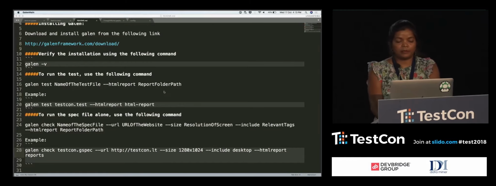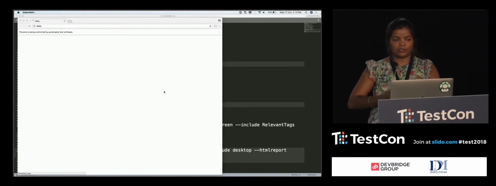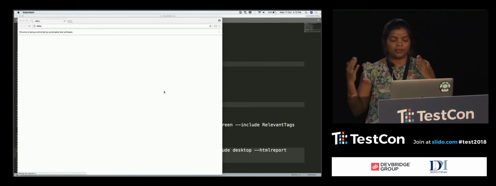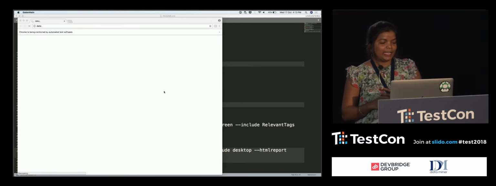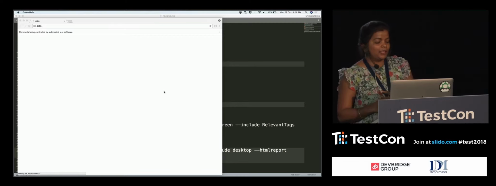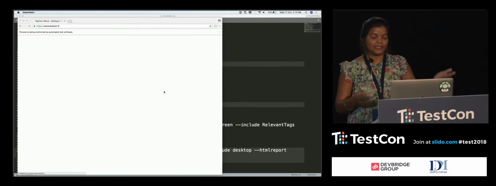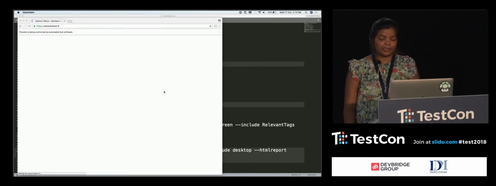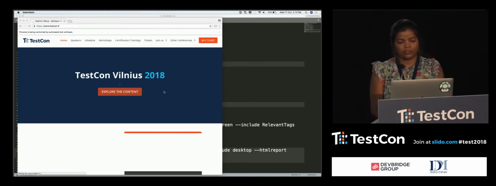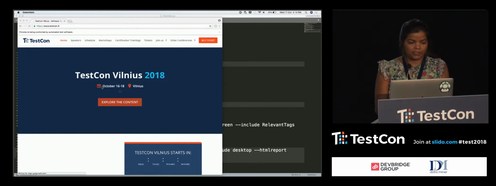So when I run the command, what Galen is basically trying to do is open the browser, resize it to the defined size, and try to open the URL. Thanks to Wi-Fi, which is a little slow, so bear with me. So what it's going to do, if it loads in proper time, which it is, is do all the checks that are defined in the spec file. So you can see on the console here that